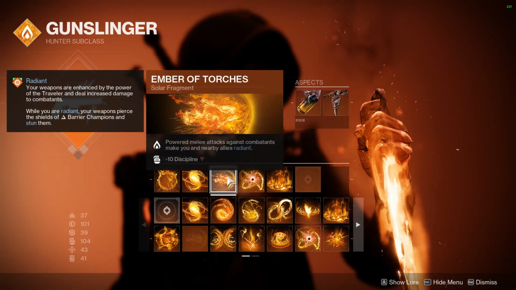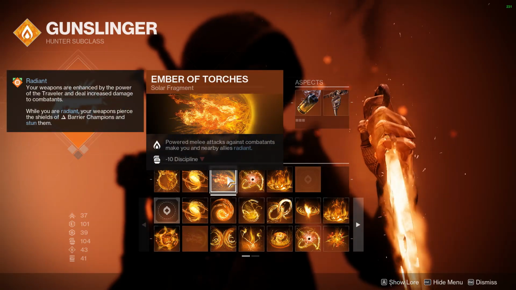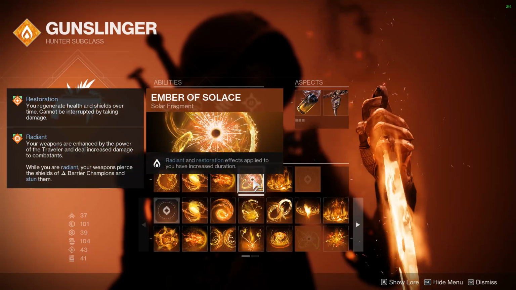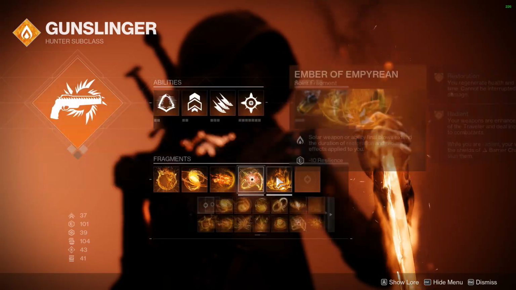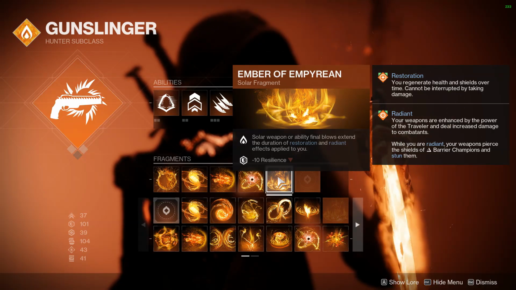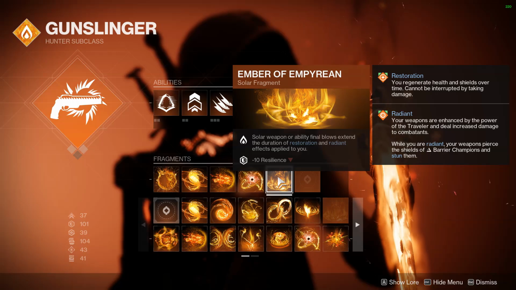And then we're going to want to be using Ember of Torches, because we're going to be getting lots of melee kills, so we're always going to be Radiant. We're going to be using Ember of Solace, so that our Radiant and Restoration actually last longer. And then we're going to use Ember of Empyrean, so that when we get a Solar or Ability Final Blow,